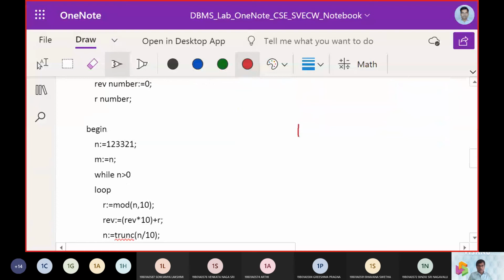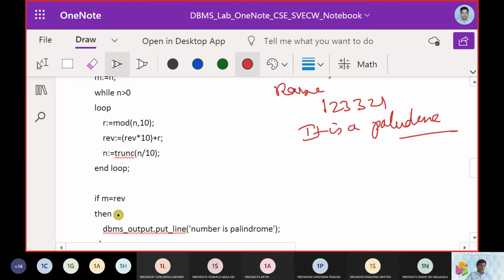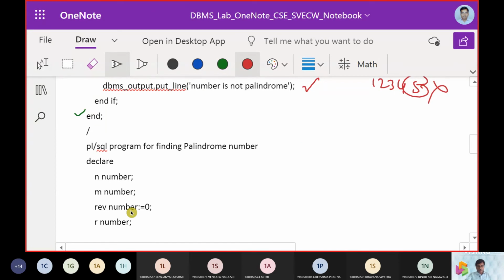The second case is 1, 2, 3, 3, 2, 1. If I reverse it, I get 1, 2, 3, 3, 2, 1. So now it is a palindrome. In this way you can work it out. The same logic applies in both the true part and the false part.